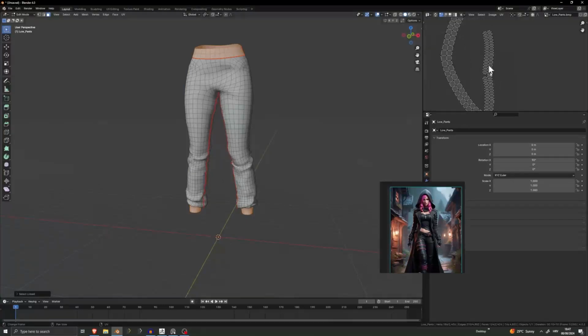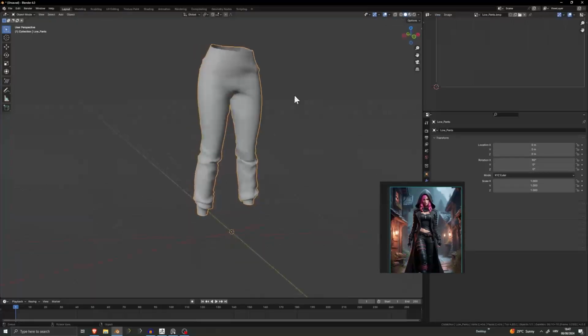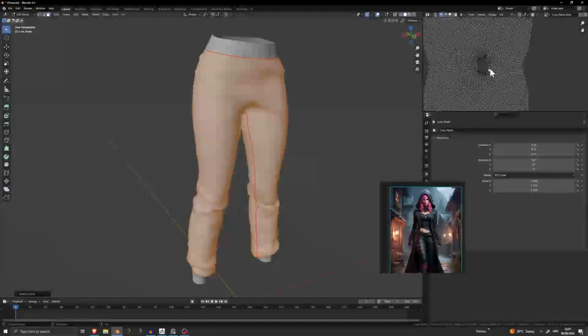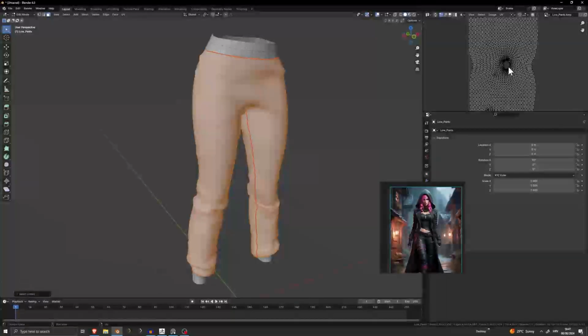The shape is okay. We can also optimize it, and I'll show you how. There are also add-ons to do it. I'll show you what I will do, but you don't have to. It's perfectly okay if you don't do it. But we need to do something about the pant part, because